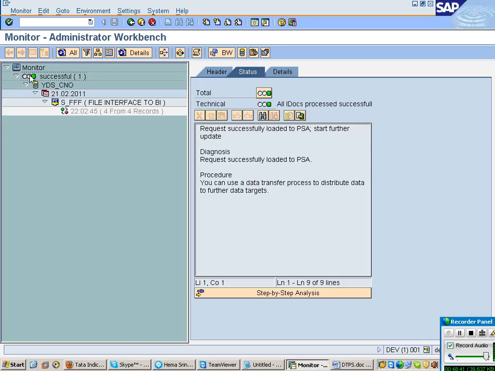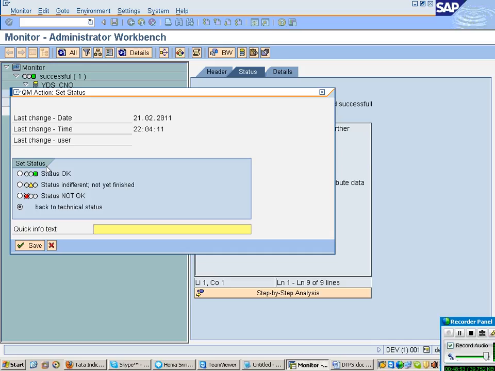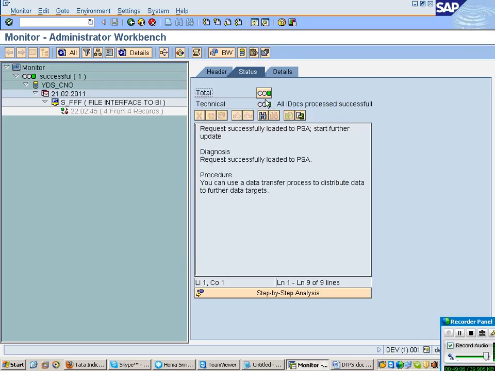So generally you can see here, also you can see the total status. We call this the QM status, quality maintenance status. So what is your QM status now? You have three options, let's see. One is green, another is yellow, it's not yet finished, and red. So totally you will have three options, okay? By seeing the QM status you can understand, right? Just like your traffic signals. Green, red and yellow.